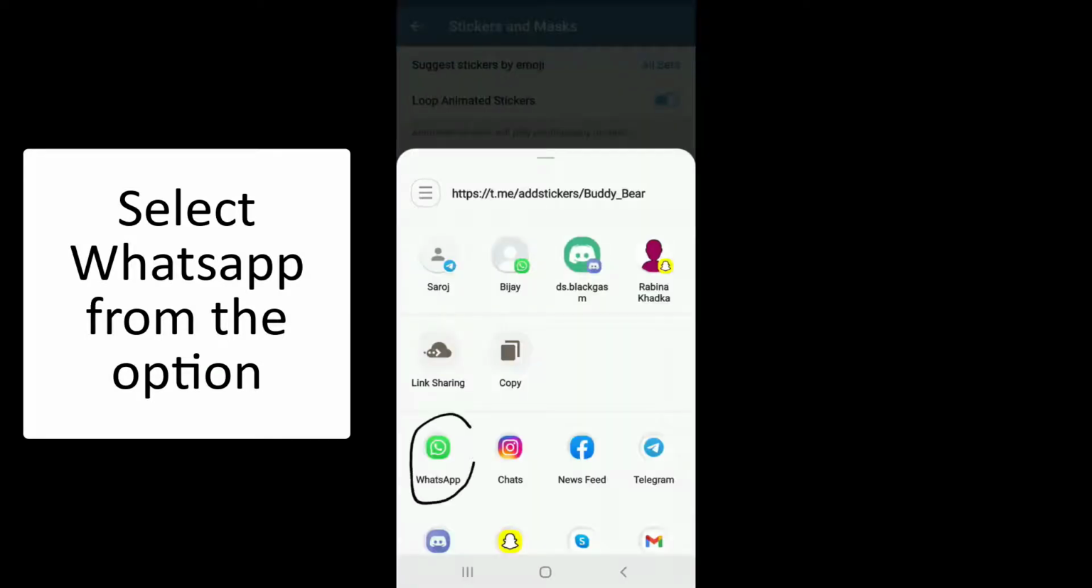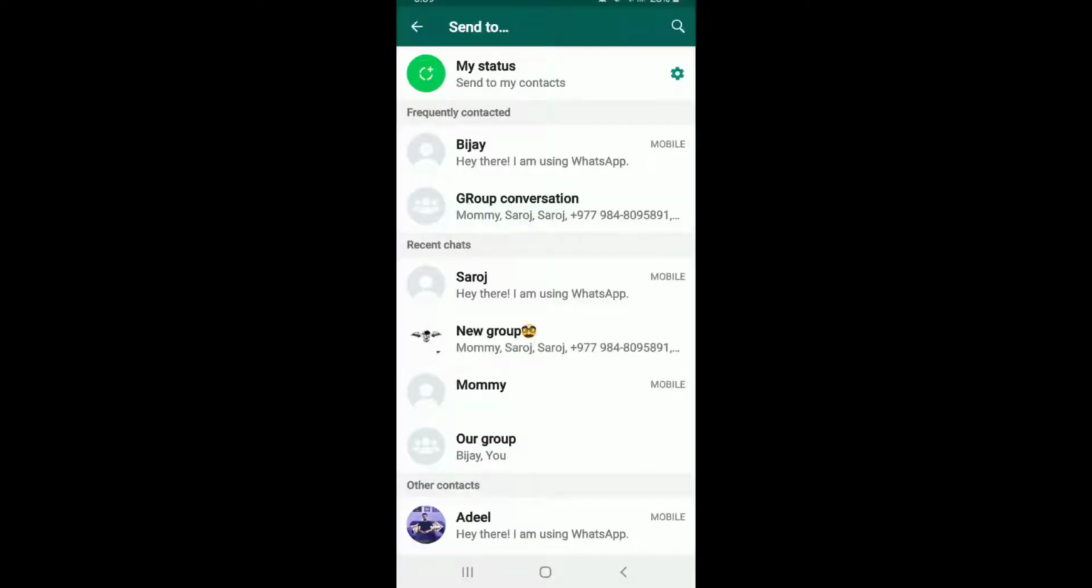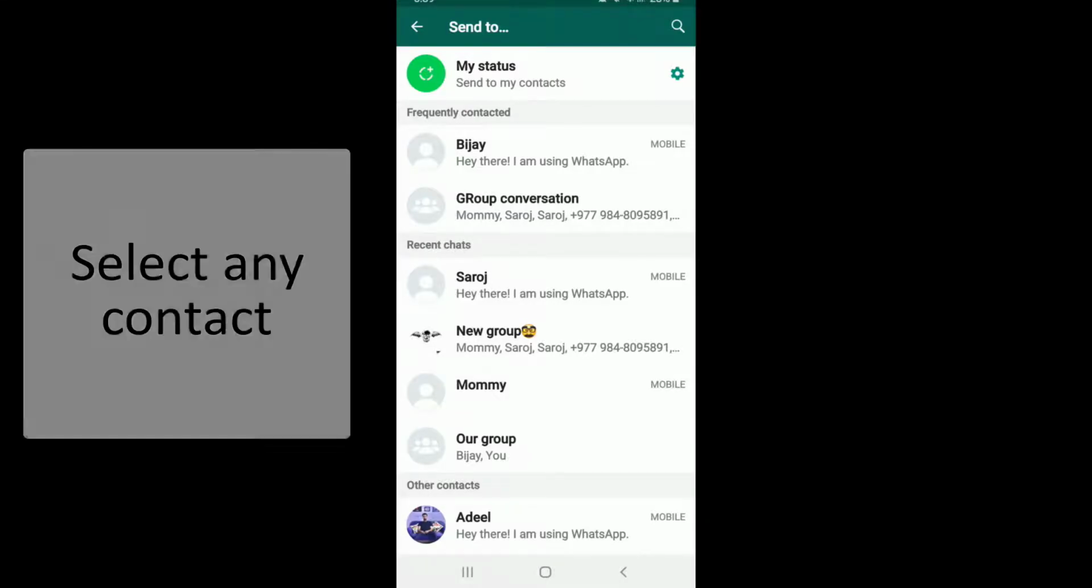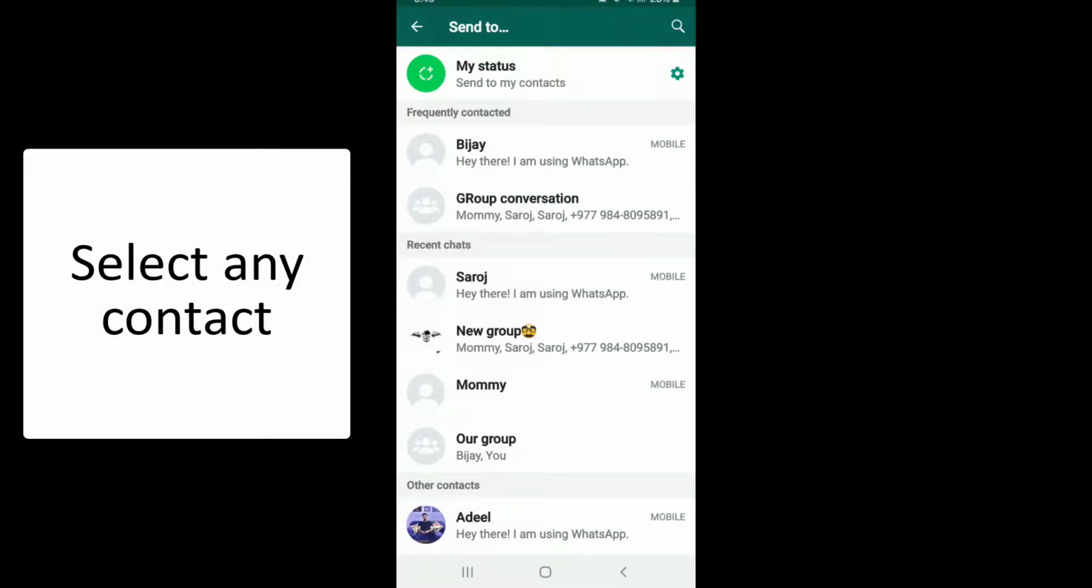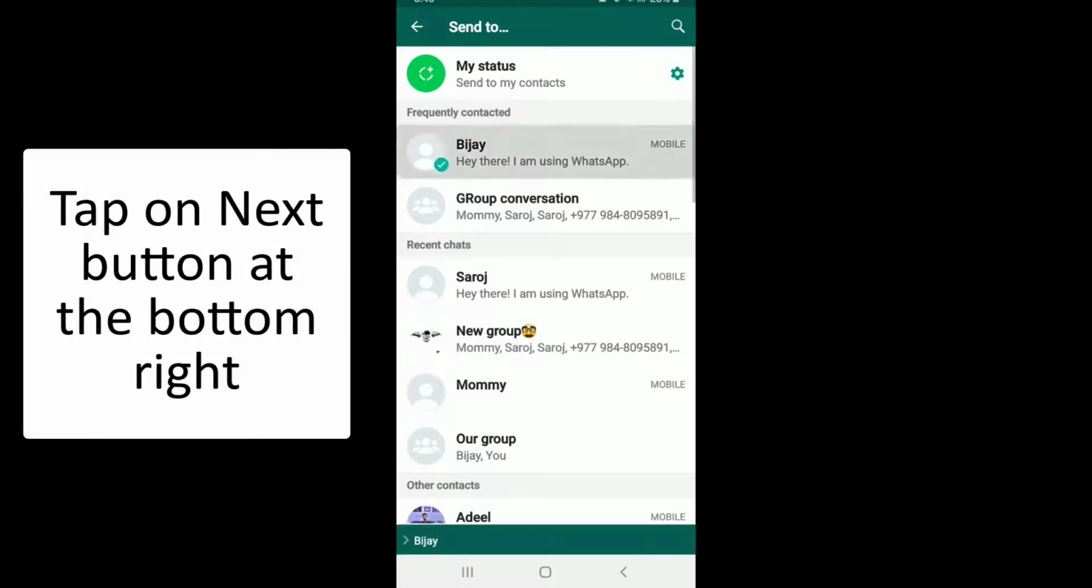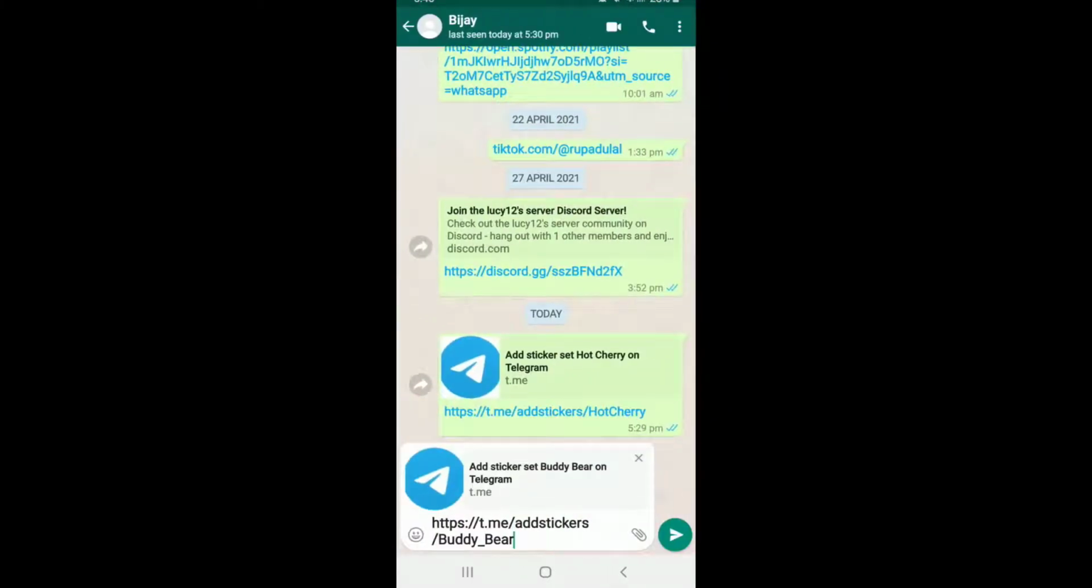Now after you reach your WhatsApp, make sure you're signed into your account first, and once you reach the conversation screen, select any contact that you want to send the stickers to. Tap on the Next button at the bottom right and the sticker link has been automatically typed in the conversation